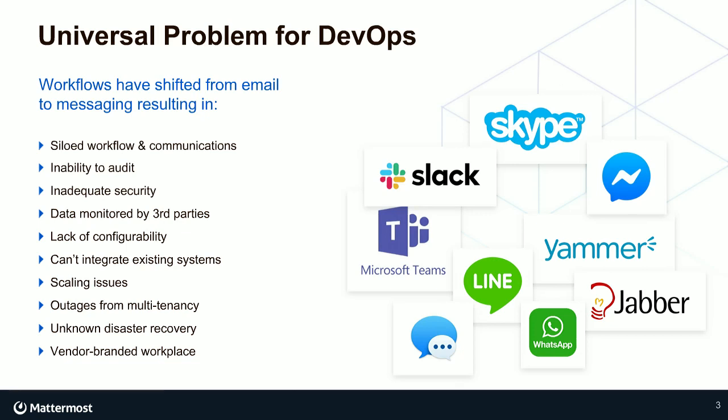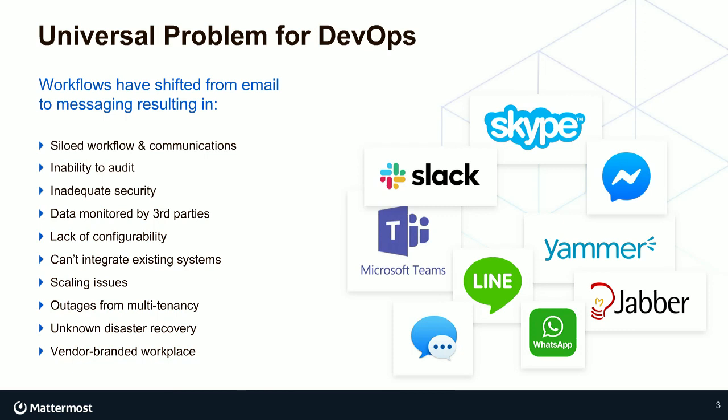So I had a demo environment set up on AWS hosted, which we will use to go through different use cases. And one of the things I wanted to start with is the universal problem for DevOps. Because I'm in the space for quite a long time now, I see some of these things happen all the time. You can see it in the slide, it covers most of the problems I face in my career,